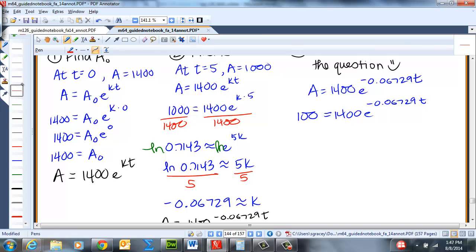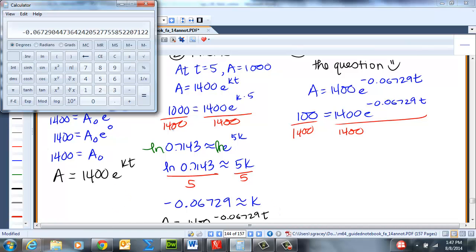So dividing by 1400, we will have 100 divided by 1400 equals. So that'll be about 0.07143